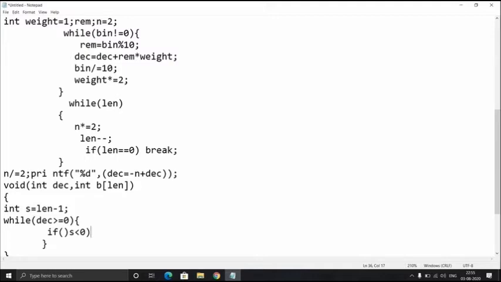And within the while loop, I have included an if statement. There is an error, I have written it by mistake. Okay, I'll correct it. If s is less than 0, then only the if statement has to be executed, otherwise it should not be executed.